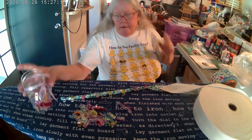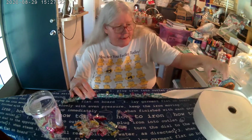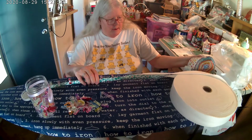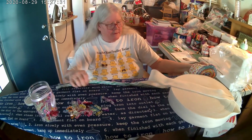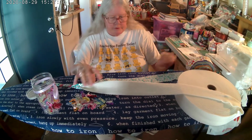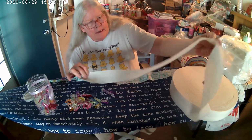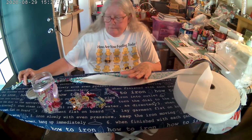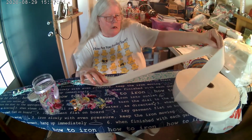Okay, so when we get to the point where we actually need more batting now, then see, your batting will stop you from being able to unroll your jelly roll. Okay, very carefully pull the batting. All right, see, it's already starting to twist right there. Okay, just very carefully unroll it. Make sure when you lay it down